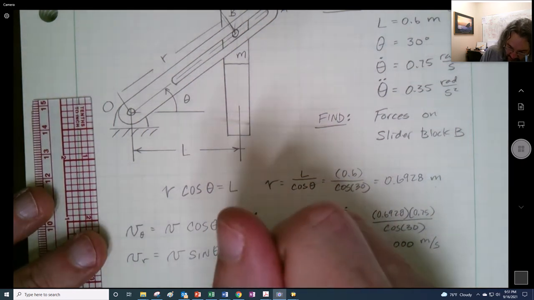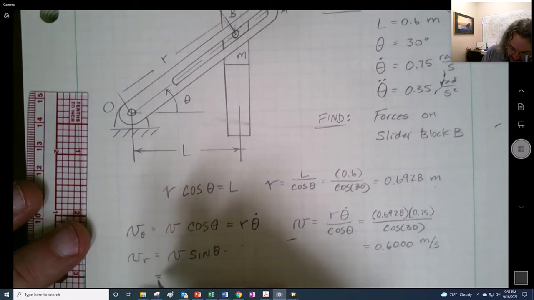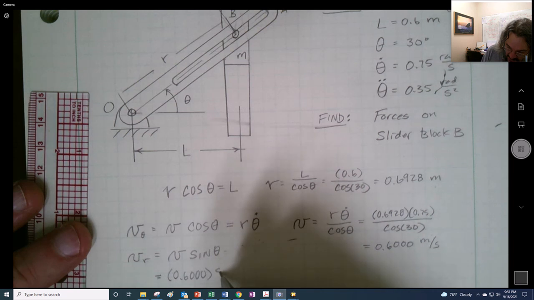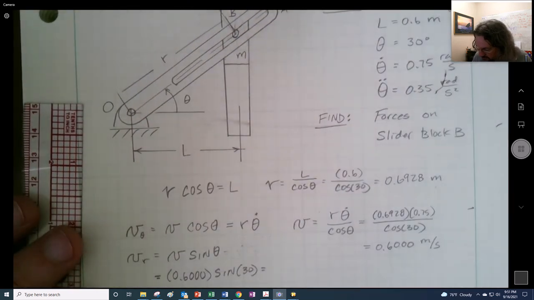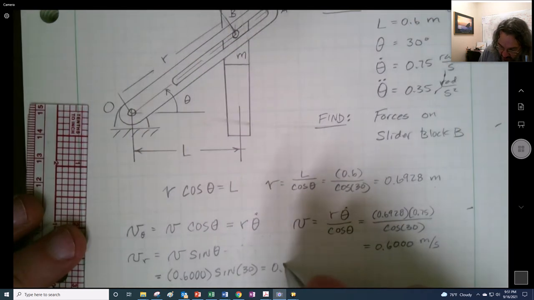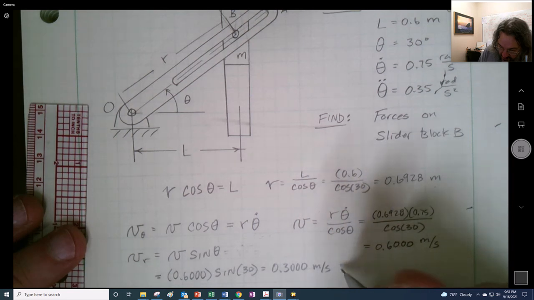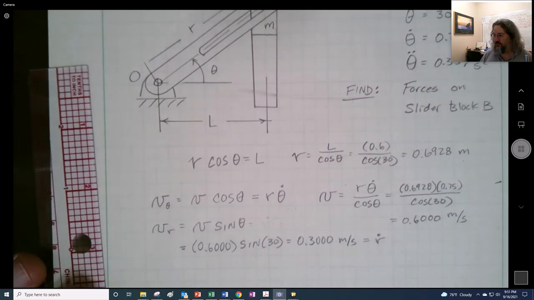So let me go down to the bottom here, below this, all the way down. So that's going to be 0.6000 times the sine of 30, which should be 0.5. So we really just get 0.3000 meters per second, and that actually equals the r dot. So that gives us part of what we want